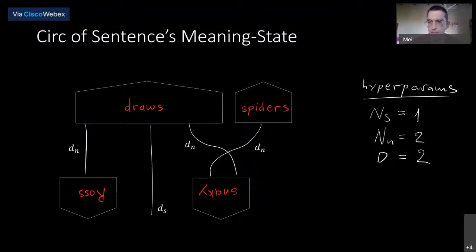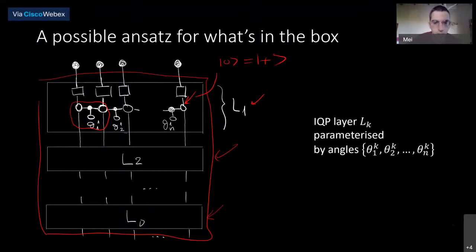And these hyperparameters say how many qubits I am giving to the noun space, that is the dimension of the Hilbert space, which is carried in the noun wire. So this is this, and I'm giving it 2 qubits, so it's a 4D state space. To the sentence, I'm giving 1 qubit only, so this is 2D. And D is the depth of the IQP ansatz. So D is this D, and it's basically how many layers I am giving to the preparation of each box,